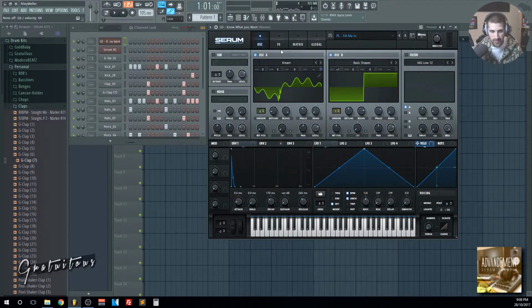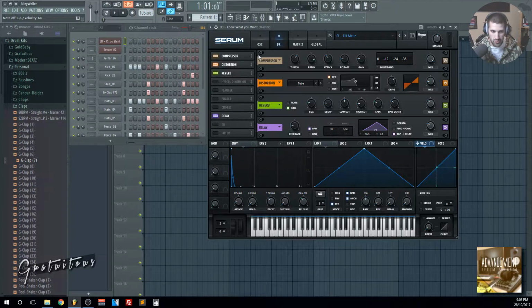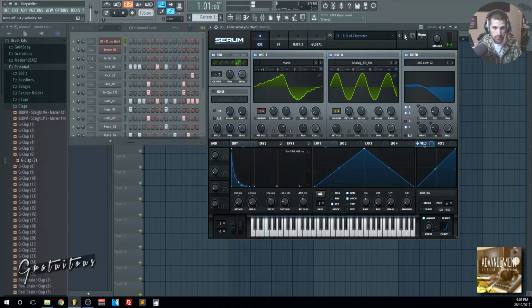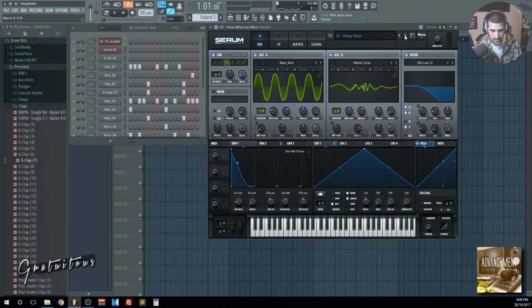And if you find that the effects are too much, you can always dial them down or just remove them or whatever. On to the next plucked sound. Glassy flavor. This one sounds really, really cool. You'll hear it. So when it comes to sound design, I think those kinds of sounds are a lot of times described as glassy. That's why I labeled it that. So like.